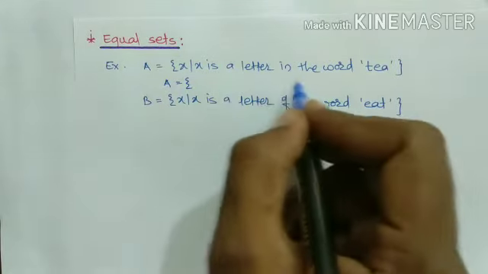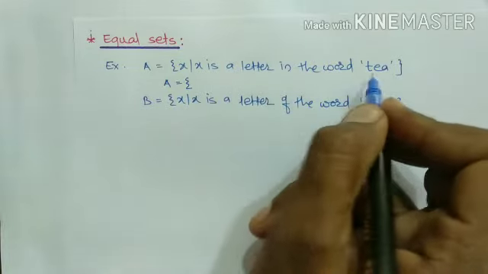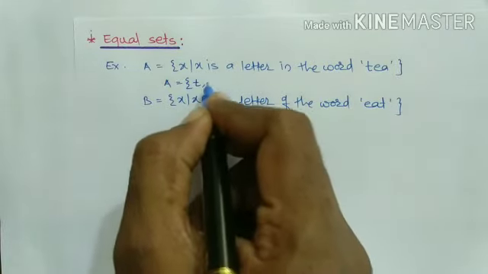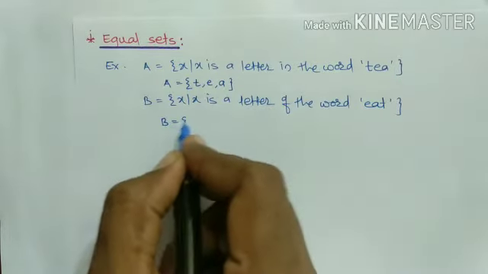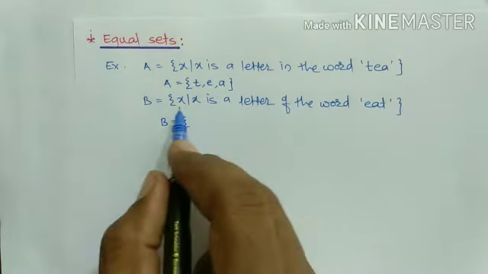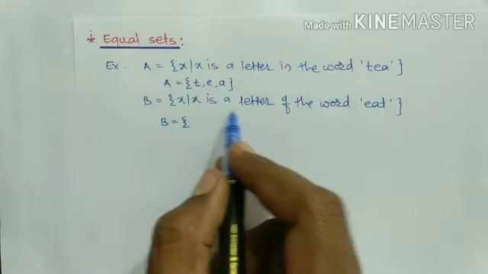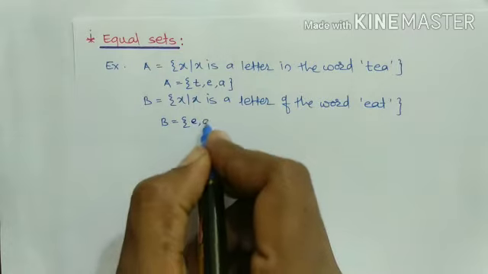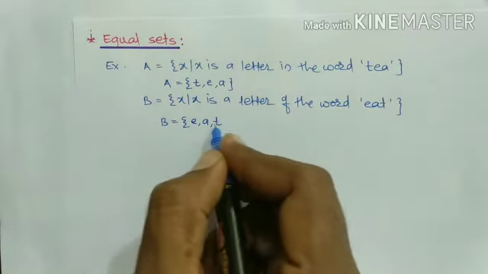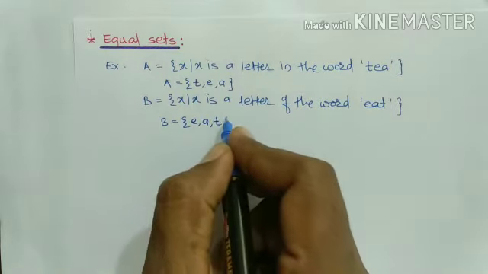see, A is the set of all x such that x is a letter in the word T. This T, E and A. And when you write the set B in listing method, here B is the set of all x such that x is a letter of the word it. Here we write this E, A, T or T, E, A, because in listing method order is not important, order